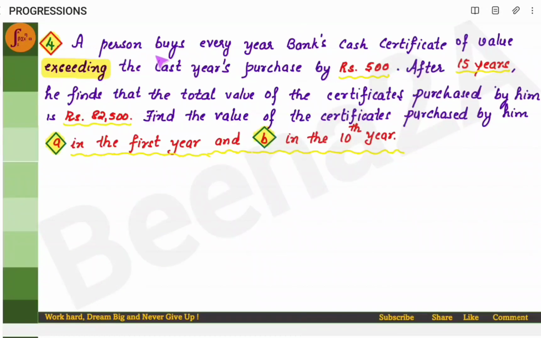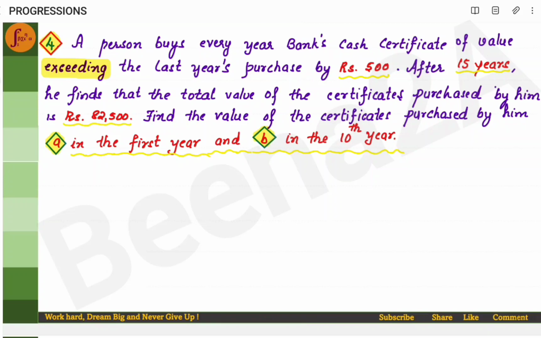Let's solve this particular problem where it states that a person buys every year a bank's cash certificate of value exceeding the last year's purchase by rupees 500. Basically, a person buys a certificate from the bank, and every year he buys it, he puts 500 rupees more every year compared to the